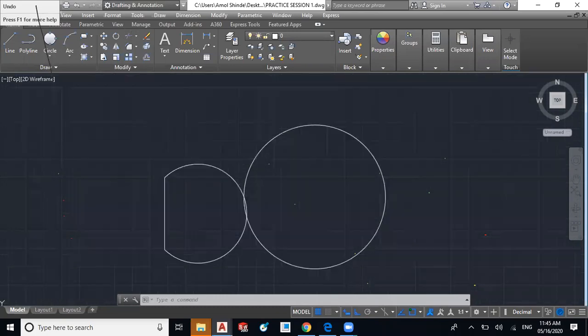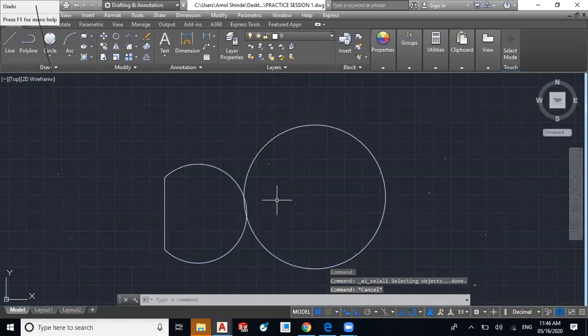I will explain some of the shortcuts within this 1.5 minutes. We have covered erase and trim in modify, and line, polyline and circle commands from draw. Now we'll see the shortcuts. Control A to select all, escape button to come out or cancel the command, then control C for copy.